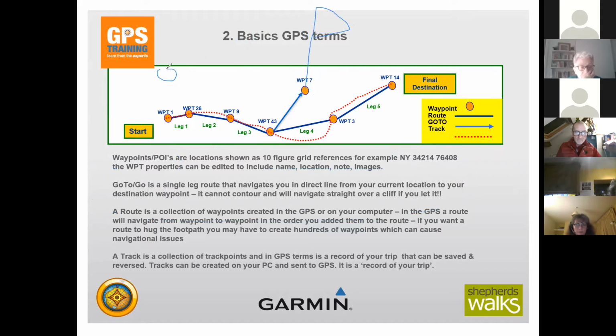So if anybody's done any map and compass work, if we've got a compass bearing, we would do a compass bearing to that point. If we came across an obstacle, for example, that river, and we diverted from the navigation with the compass, we would have to then do another bearing to get back to that fixed point. But as I've said, the nice thing about a GPS unit is we can go wherever we want to get